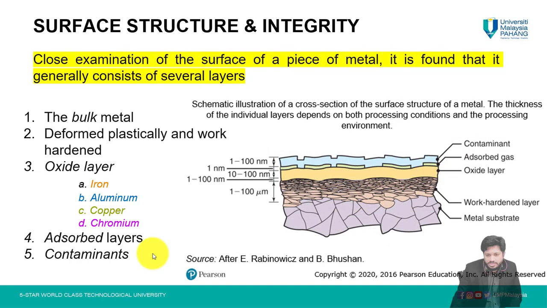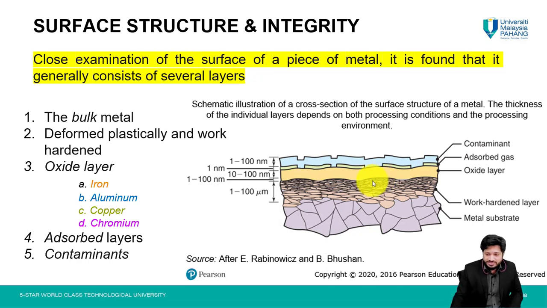Here is an example of a schematic illustration of a surface. A surface is not just a single surface, it has a lot of different layers and components. Upon close examination of this picture, you will find different important layers present in a surface or on a material. Number one is the bulk material, also called a metal, or a substrate if it is not a metal, and it has a structure that depends on the composition and processing history of the metal.